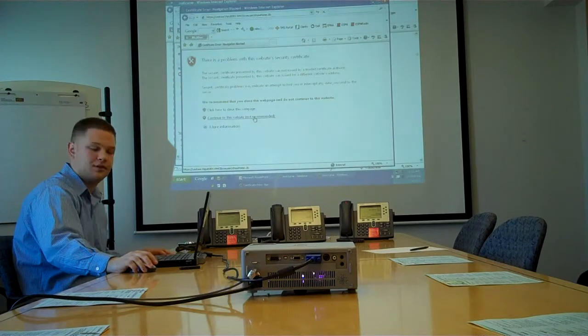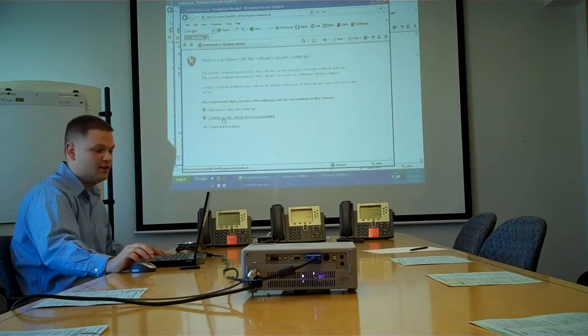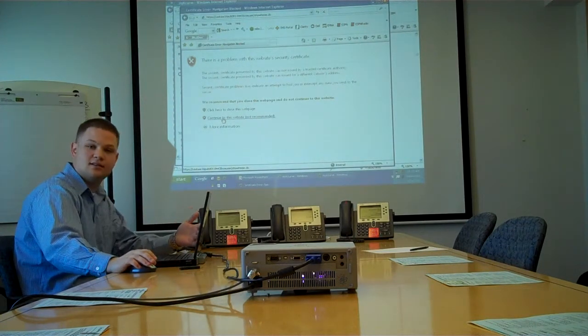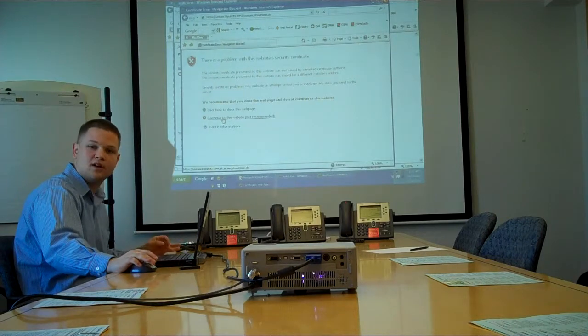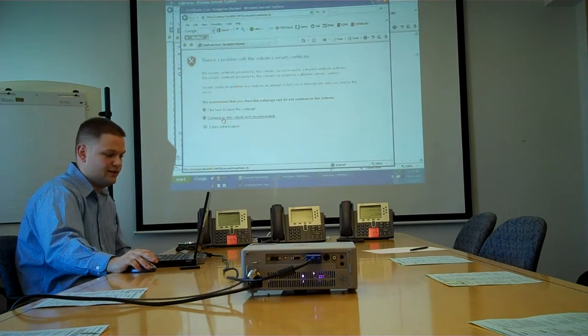So this page is going to come up. It's just bringing you to an external site. We all know that Cisco is an acceptable site to visit. So normally, I wouldn't recommend always going to this when you see this error message, but for the purposes of this demonstration, I know that this is an acceptable website to visit. So I'm going to